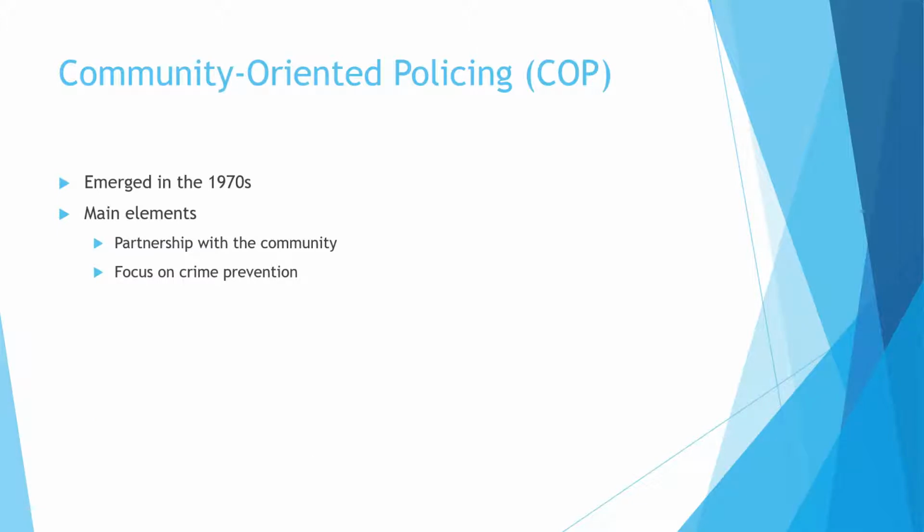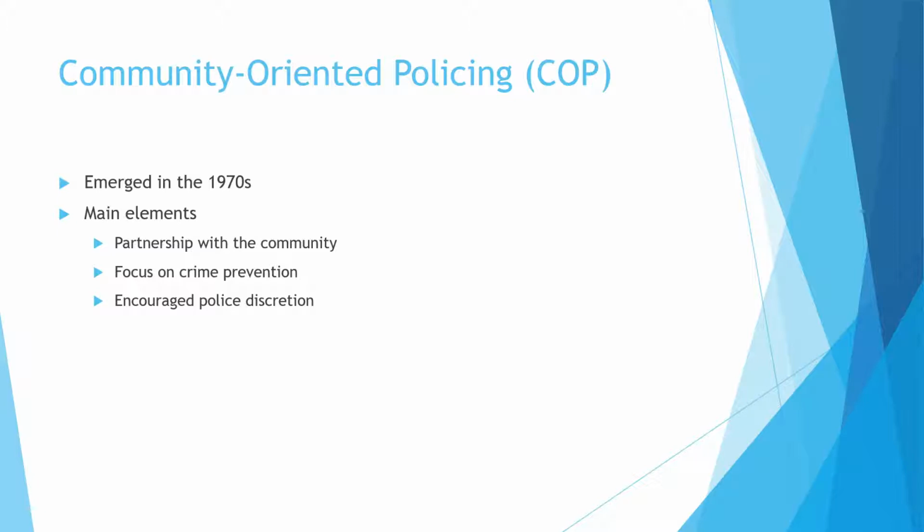Community policing was meant to be proactive. So the focus was on crime prevention. Again, if you think back to those 9 principles of policing, we're seeing these principles come out in community-oriented policing: accountability to the public, service to the public, focus on prevention, not just reaction. So community policing is meant to be proactive. We are trying to prevent crime, not just respond to it, not just react to it.